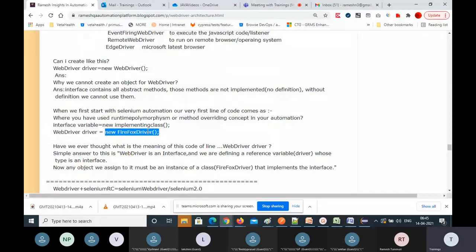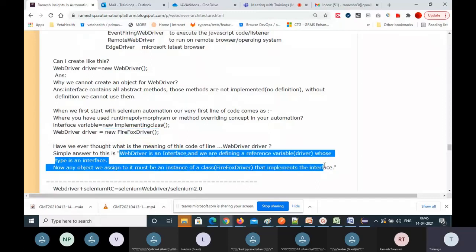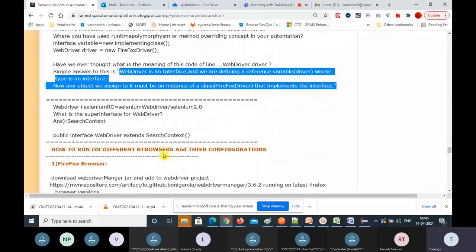This must be an instance of a class that implements the interface. Because any class implementing this WebDriver, that class object only you need to pass on the right side. So this is the meaning, understand all these points, very, very important. They will ask you in the interview.